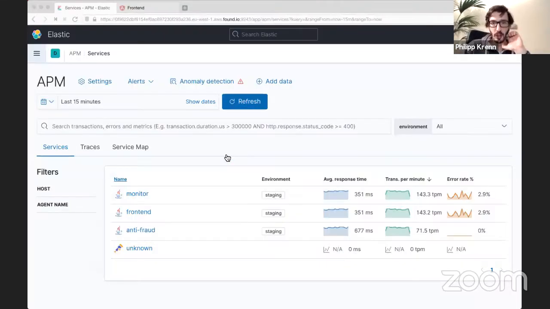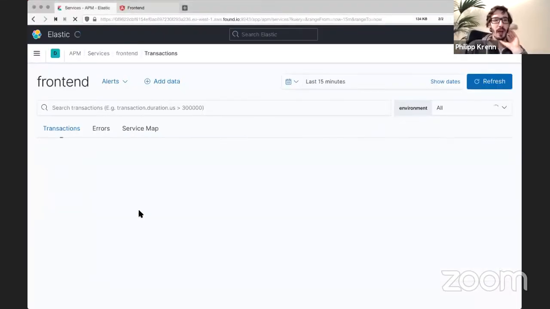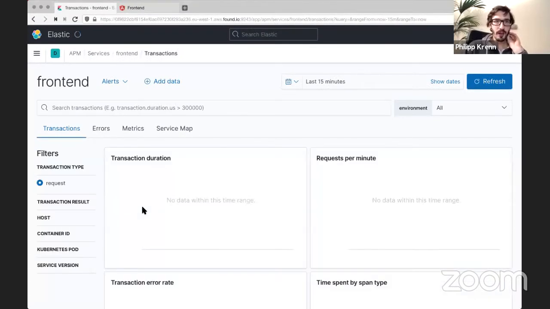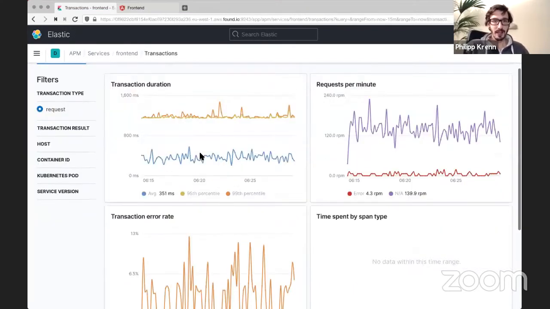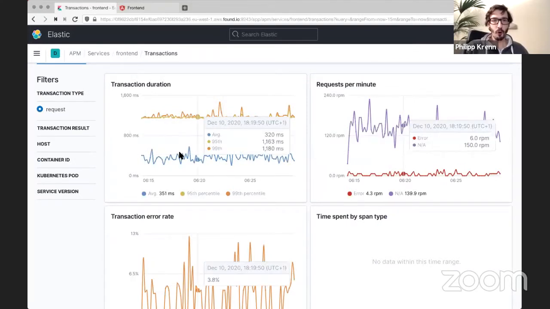In my front-end application, you can see the load generator is running, and I'm not sure if you can hear my CPU, but with Zoom running and anything running locally, it's almost always killing my laptop. So you can see here,